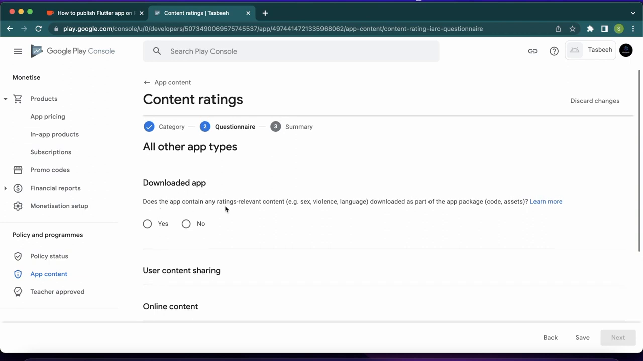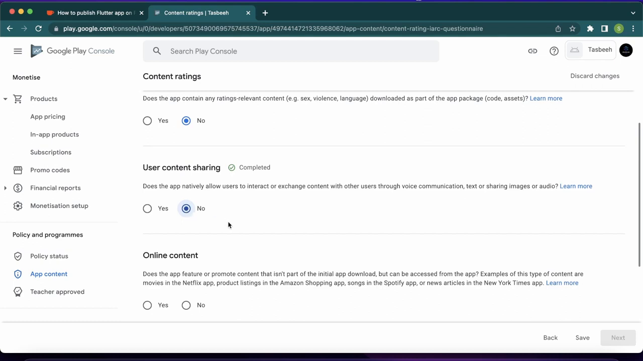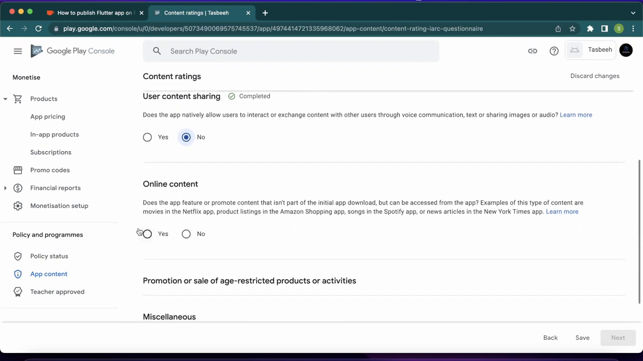Now, does the app contain any ratings relevant content, like profanity, violence, language, and things like that? So no, it does not have anything like that. User content sharing. Okay, does the app natively allow users to interact or exchange content with other users? Okay, no, it's not actually doing that. Users are not sharing their data with each other or actually saving their data in external